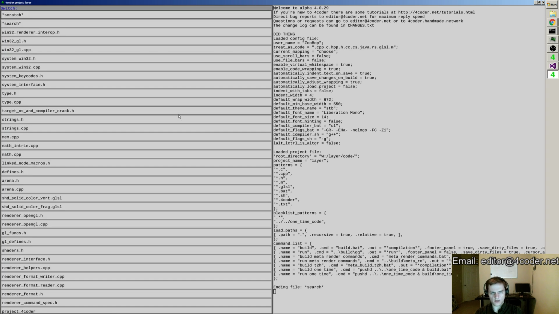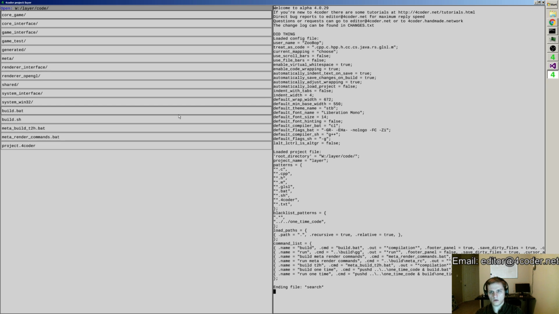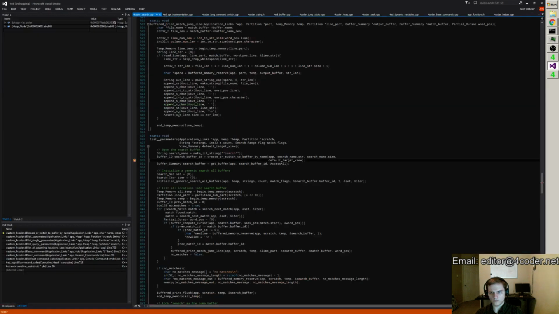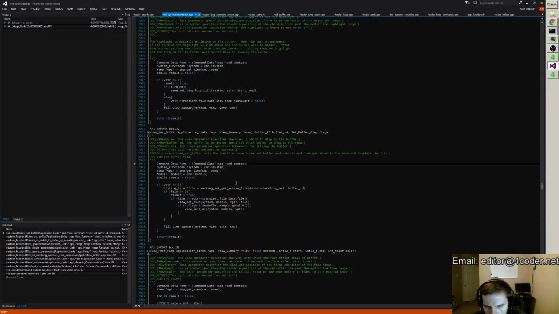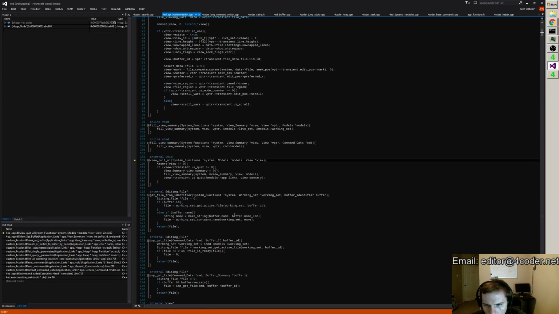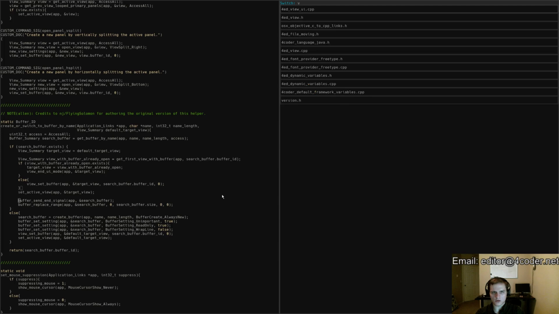So what if I don't have that up and I have Scratch up instead, and then I do that. The buffer exists. I come in here. View quit UI. Okay, I see. So in addition to everything else, view quit UI needs to make sure